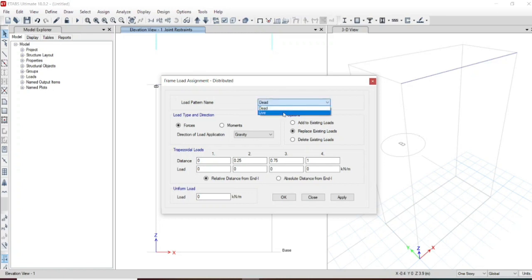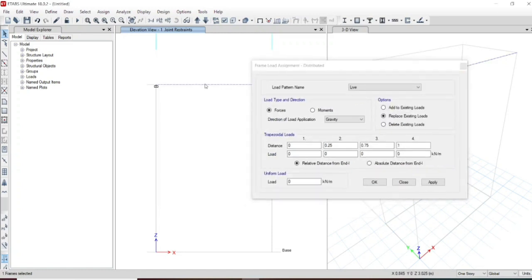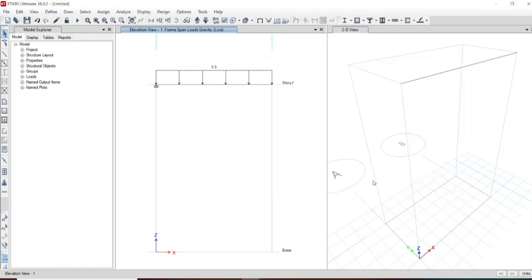Let us take the live load. Now this member has a uniformly distributed load of 3.5 kN per meter, which we are assuming, and let this act on the structure. And yes, we have applied this 3.5 kN per meter load. Let us press OK. We now have a beam which is fixed at one end, the other end is free, and you have a uniformly distributed load, and this is the three-dimensional case of this structure.